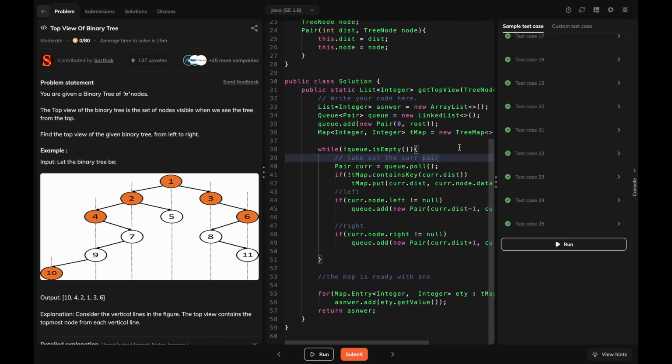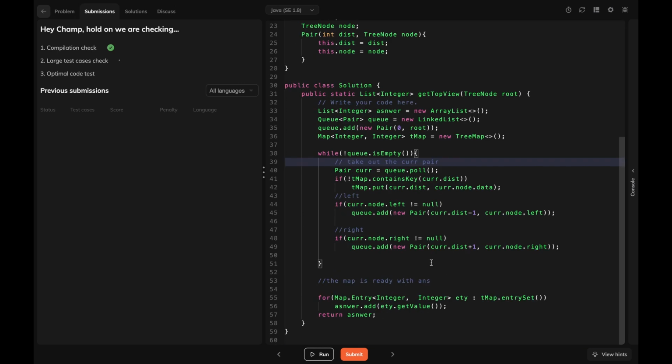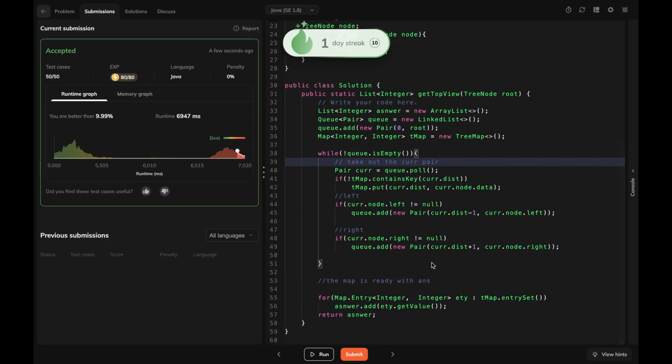Okay, all the test cases passed, so we will go ahead and submit it. So as we can see over here, our code is submitted, all test cases have passed. So moving on to the next part of this,